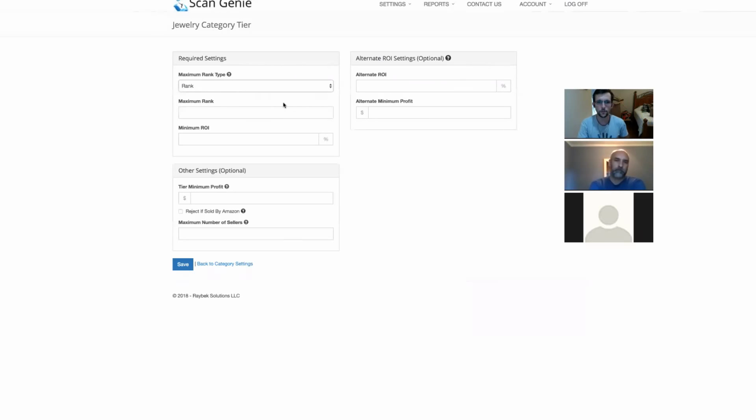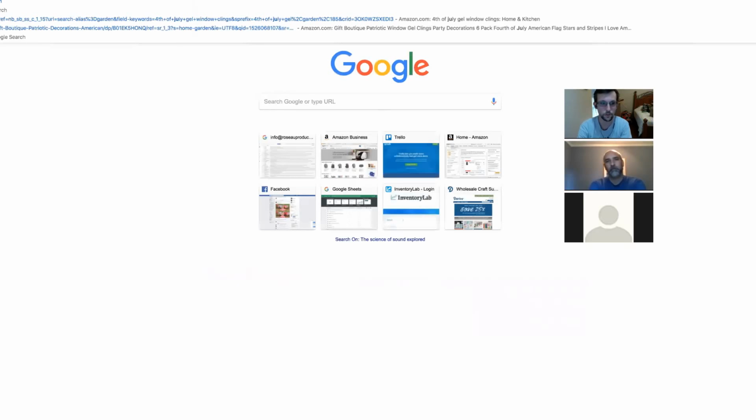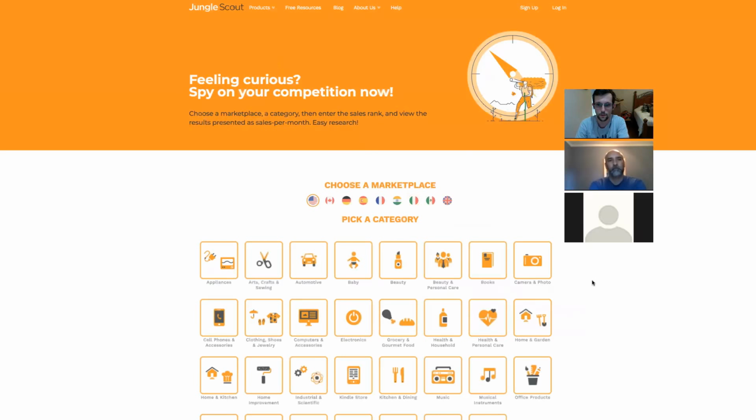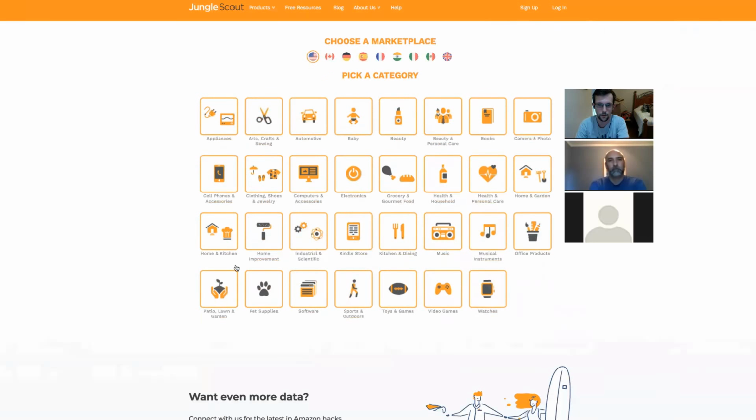Where we grabbed our parameters is from a mix of Jungle Scout data and experience, and you can do the same thing. If you really wanted to come up with your own parameters, you could go to junglescout.com/estimator. This is a free app, and you could then come into these categories and start playing with numbers. Like this is clothing, shoes, and jewelry. That category has actually been